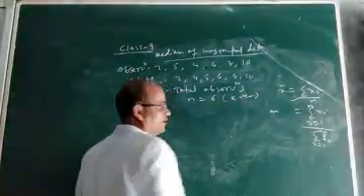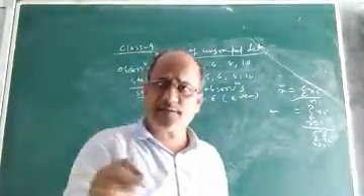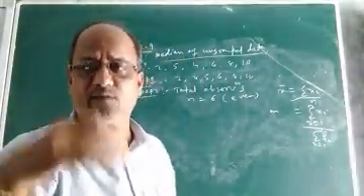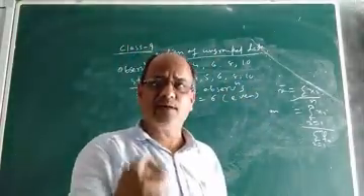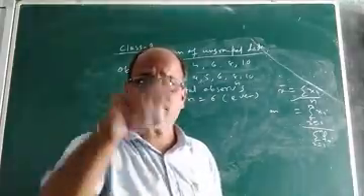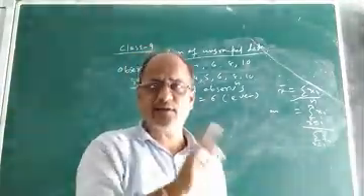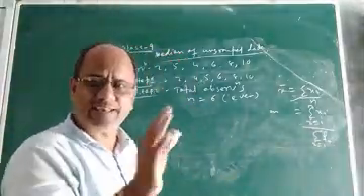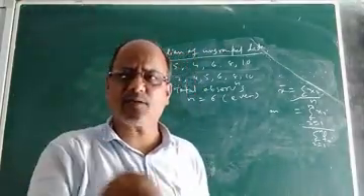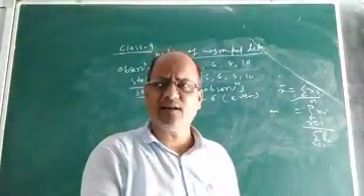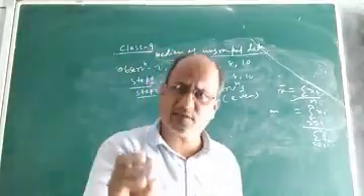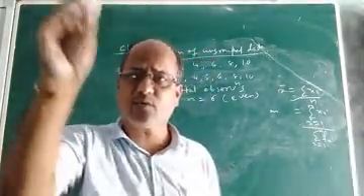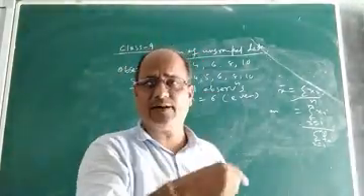See. So if the total number of observations in a distribution is even, then what to do? When it is odd, I said median will be equal to (n plus 1) by 2th observation. Yes, I forgot to say why it will be (n plus 1) by 2th observation. Why the median of ungrouped data when total number of observations is odd is equal to (n plus 1) by 2th observation? The reason is because in that case you have only one middle value.